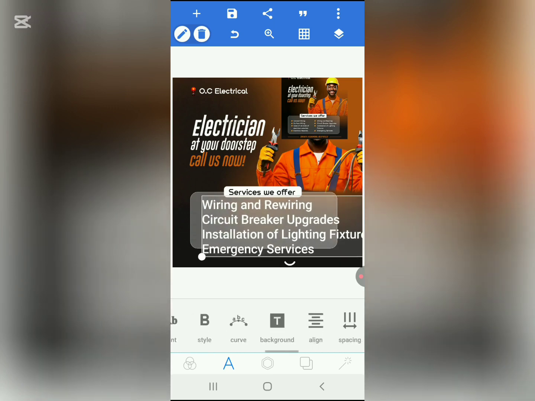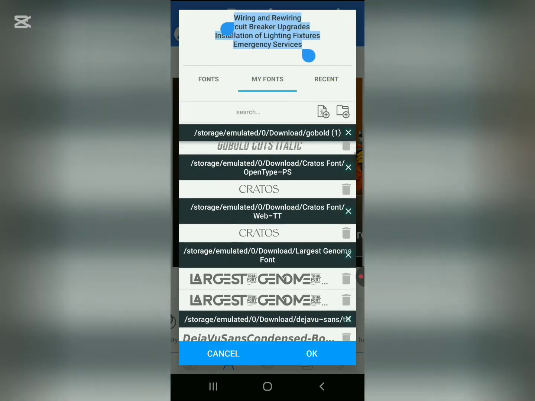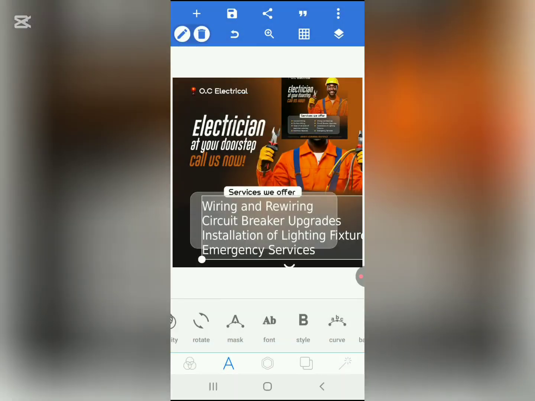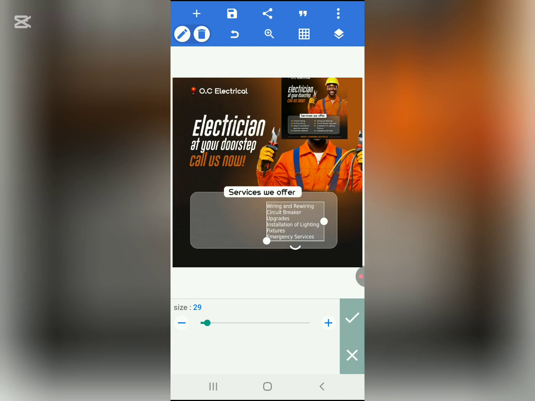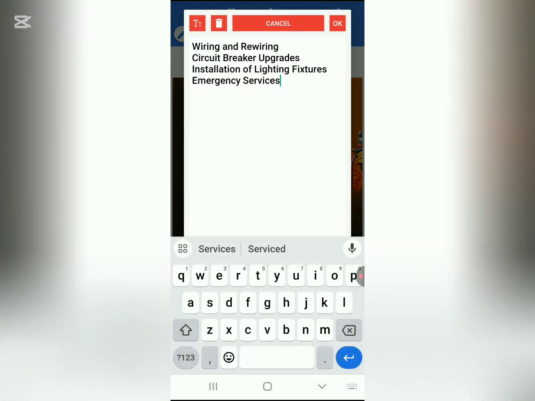The font we are going to use, I think Montserrat can go, or DejaVu Sans Condensed. Okay, that's nice. DejaVu Sans Condensed. So size, reduce it, and then okay, so have it like this. Perfect. So 32. So I'm going to make a copy of it for this side, and I'll clear this one